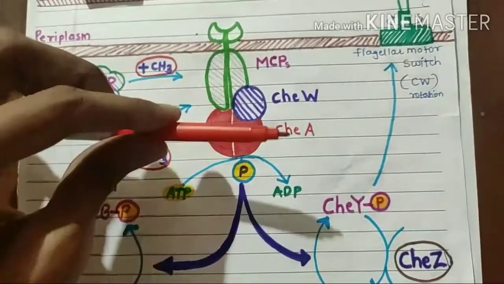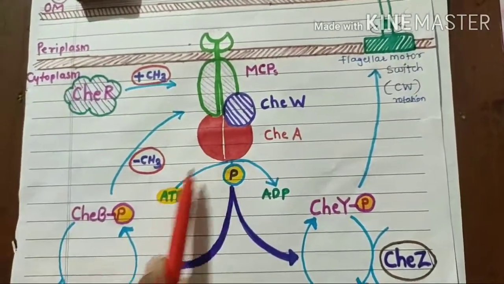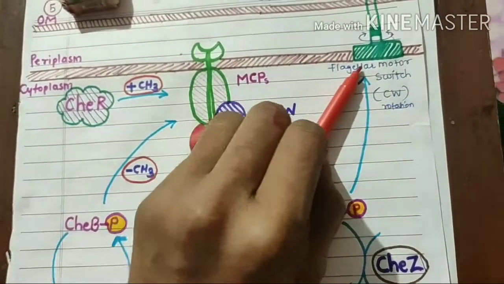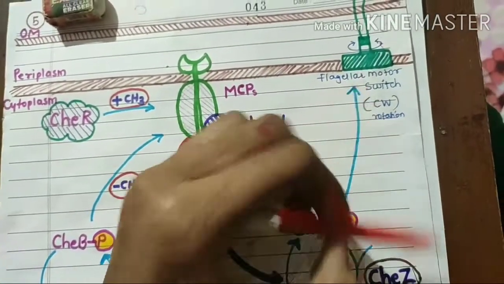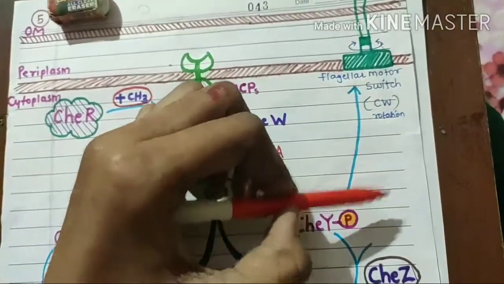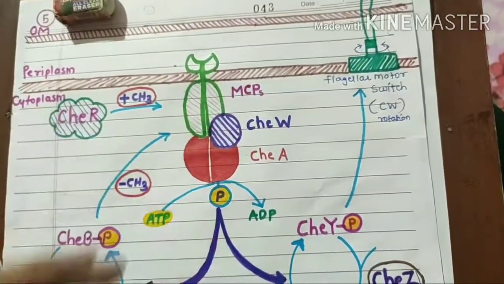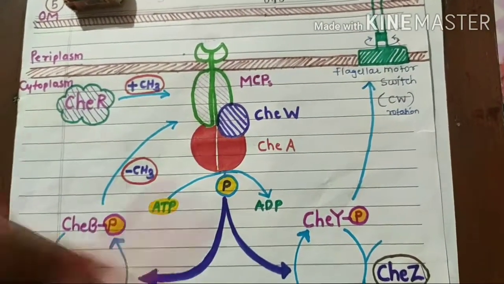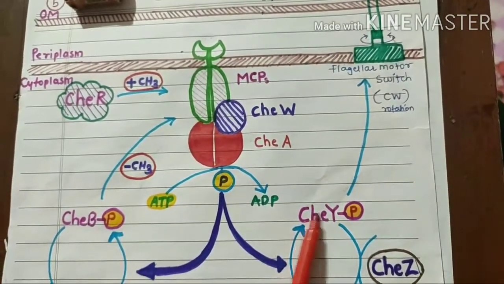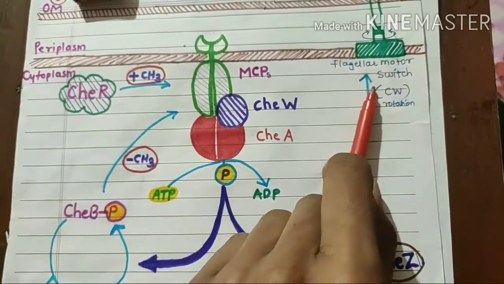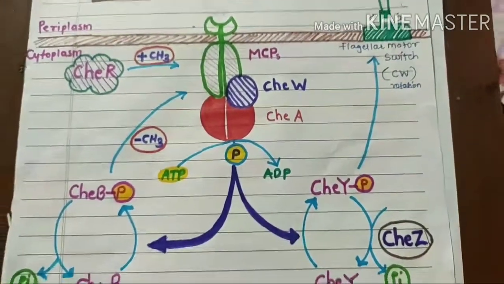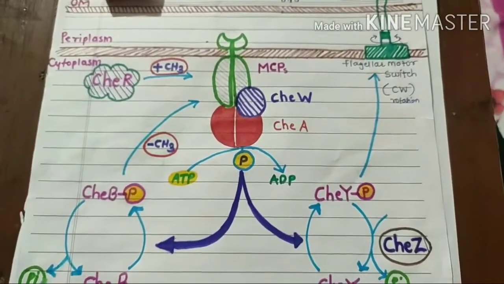The cell runs for some time, and then this CheYP protein goes and binds here for a fraction of a second, because then this CheZ removes it, and then for some time it runs, that is maximum for 1 second, and then again it tumbles because this activated CheY protein again goes and binds here. So this is what happens in a normal run and tumble behavior.